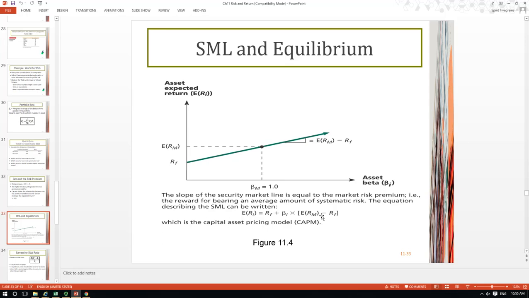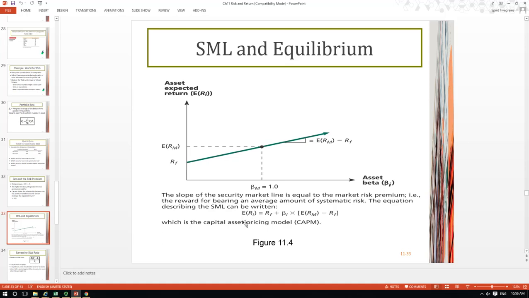And if an investor doesn't want to bear any market risk, then the return is not zero. The return is the risk-free rate. If an investor wants to improve its return, then they have to bear more market risk. When beta is increasing along the x-axis, you will see that expected return can be improved on the y-axis. And if we express this security market line in a mathematical formula, then you will see